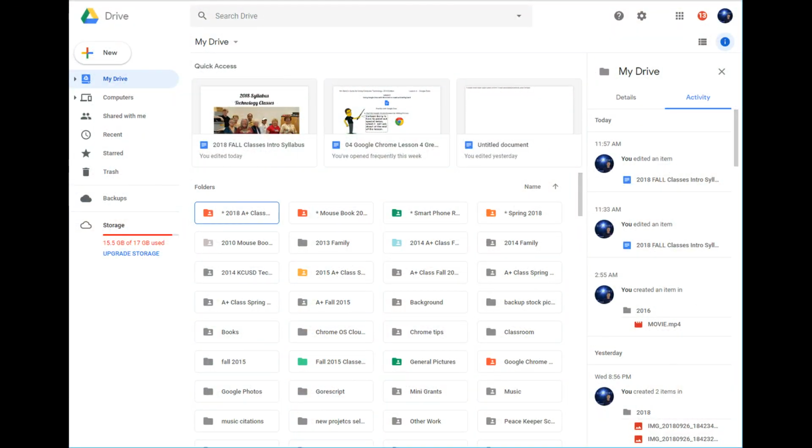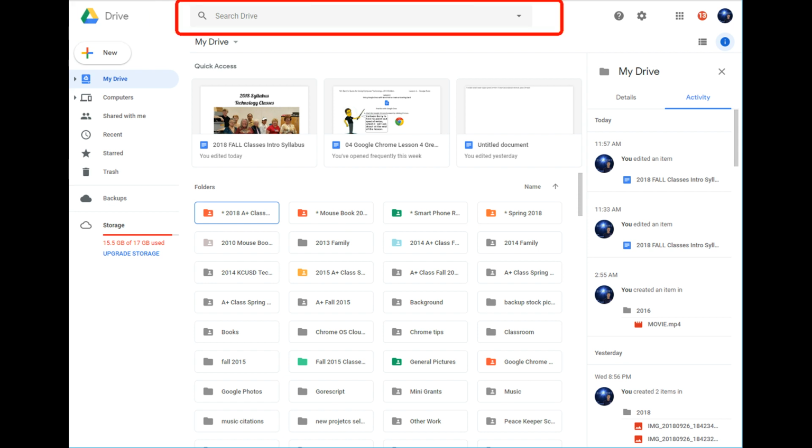The Google Drive is going to be the place where we're going to be storing all of our documents, spreadsheets, and PowerPoint presentations. It's also an easy place to find Google Docs, Google Sheets, and Google Slides. Let's go over some of the features that we see in it now. First off, whenever you are within your Google Drive, you should see the Google Drive icon in the upper left-hand corner, as you see I have highlighted here.